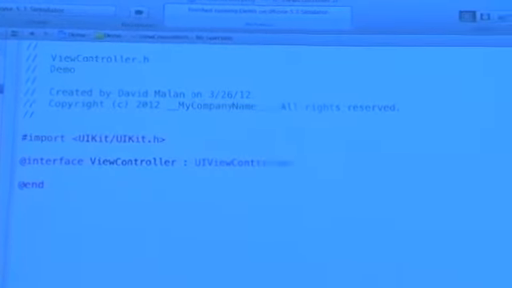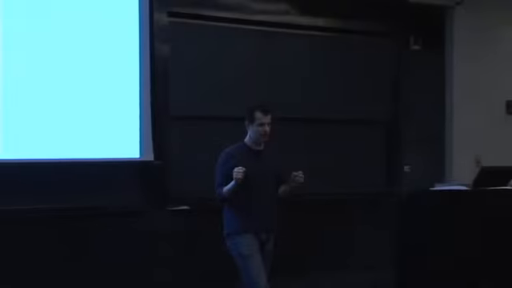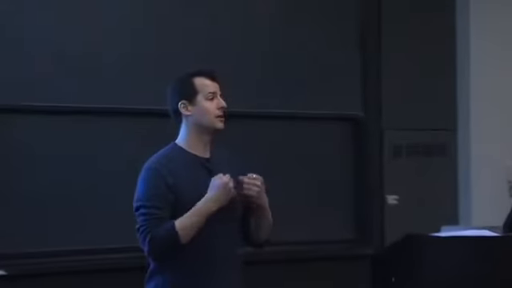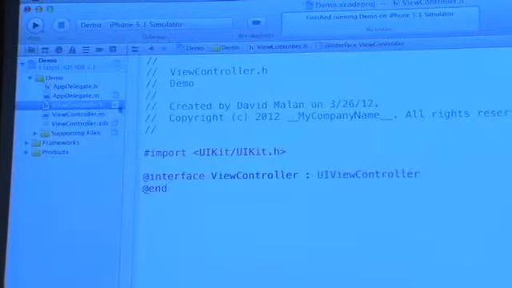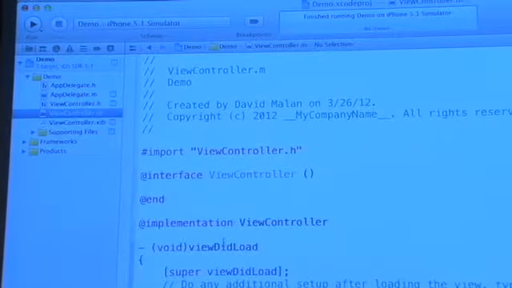What's the advantage of ViewController? The advantage is that it's going to give us, thanks to inheritance, some very basic useful functionality, like how to respond to rotations of the screen and some of that low-level stuff that just wouldn't be interesting to implement again and again and again. So let's see the M file now that implements this. And notice here, I can clean this up. You do need to have this in there, but that's now the class declaration. In the M file, it's